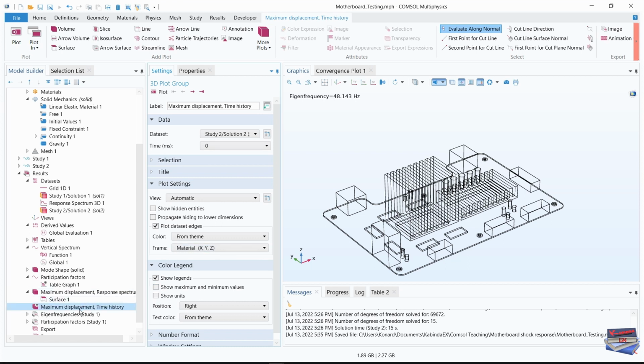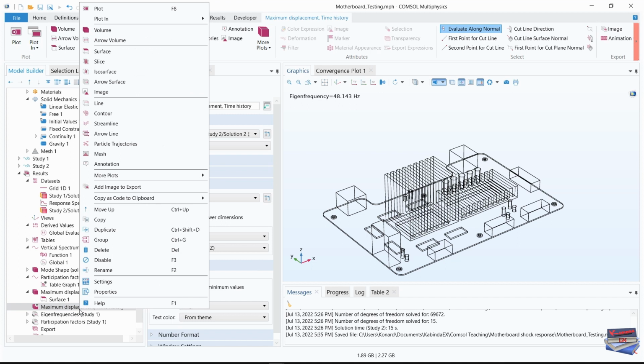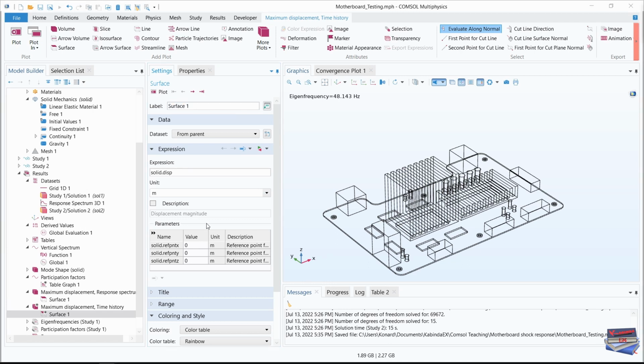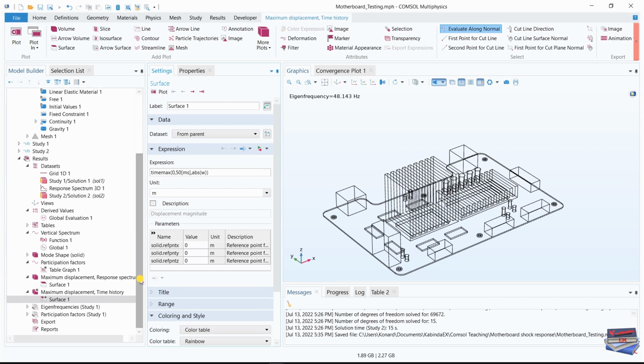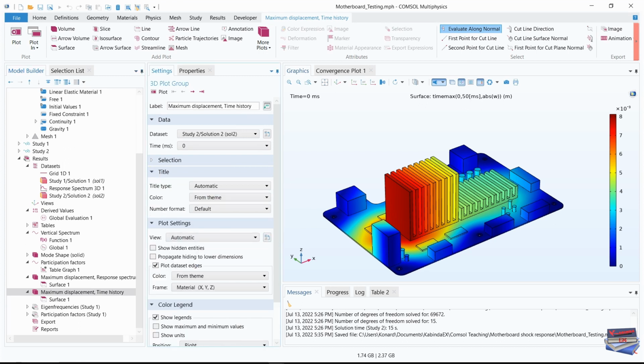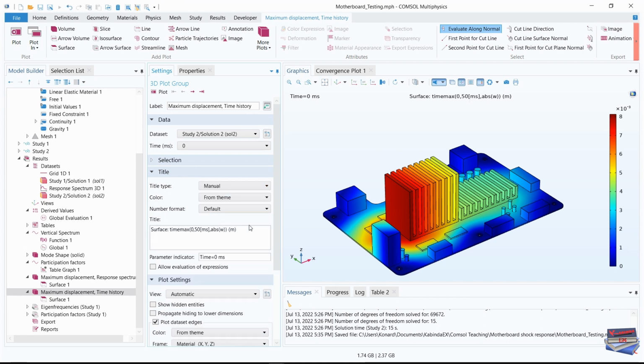Let's right click on maximum displacement time history. Let's choose surface. In the expression for the surface settings, let's key in this equation here, and let's click on the maximum displacement time history, and in the 3D plot group settings, let's go down to the title. We're going to expand that, and we're going to choose manual, and let's just add some spaces between,